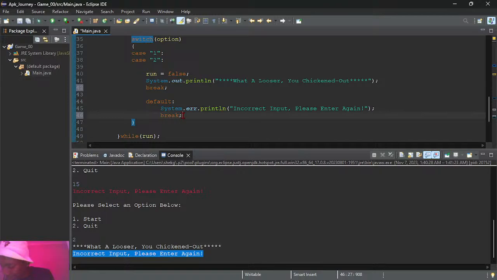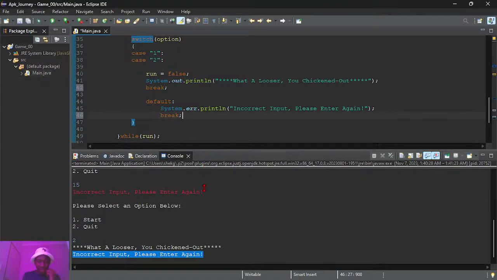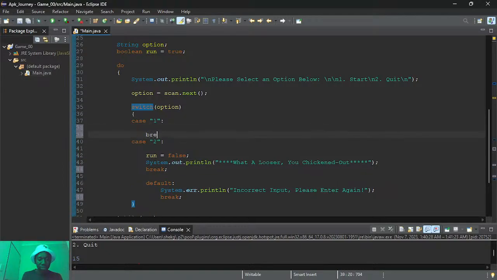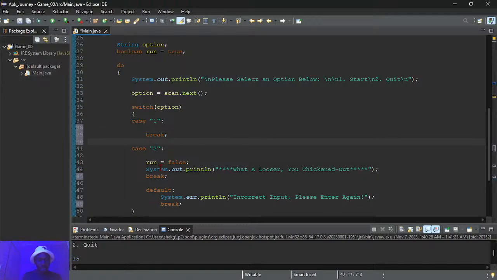So let's continue and deal with case 1 now. Let me just put the break before I forget it again. So if case is 1, what's supposed to happen?